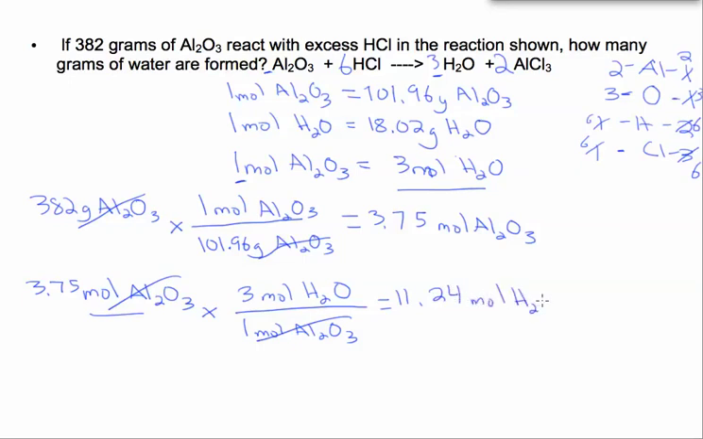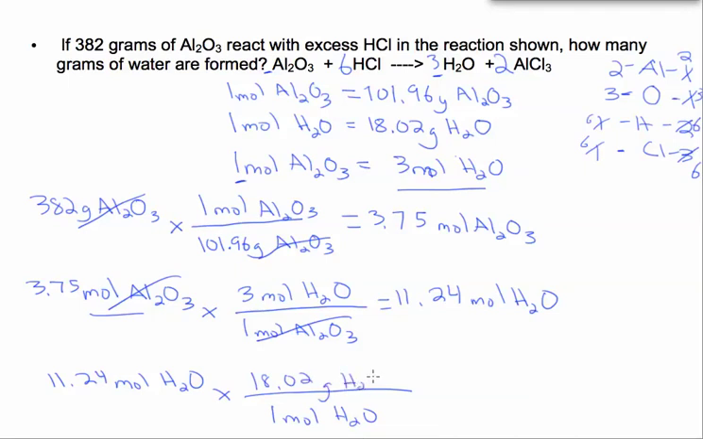And finally, we have to get from moles of H2O to grams of H2O, using that molar mass we've already calculated and written down at the top. So to cancel out moles, we have to put mole on bottom, and we have to put molar mass on top. And you can see mole cancels out. And you get